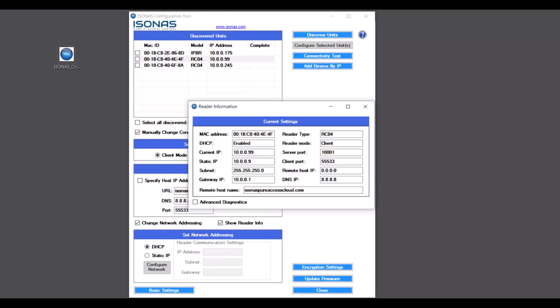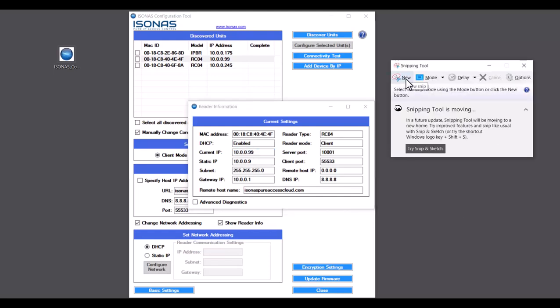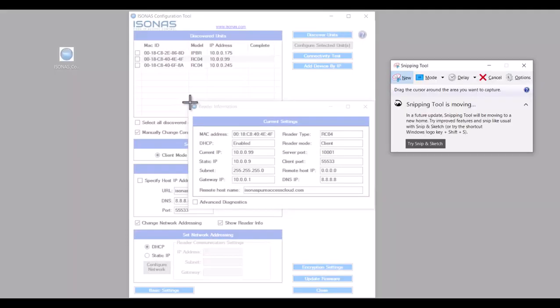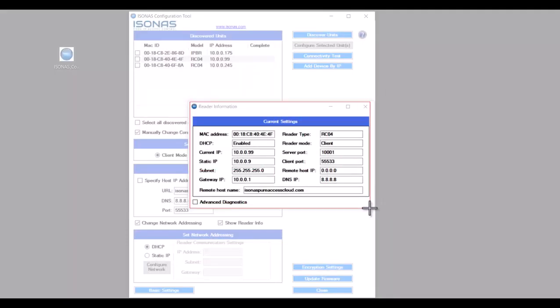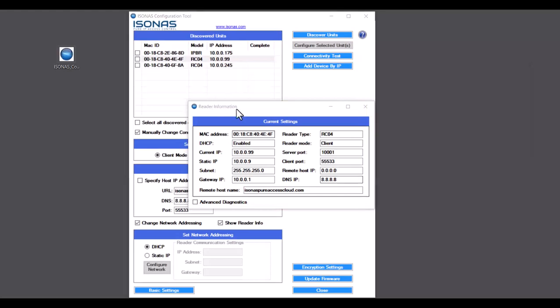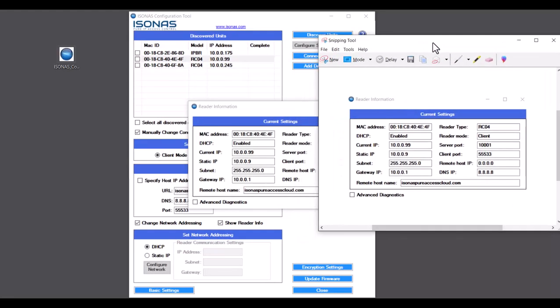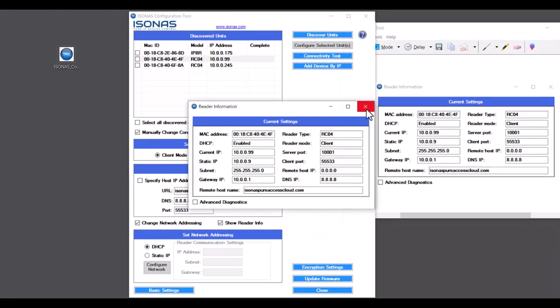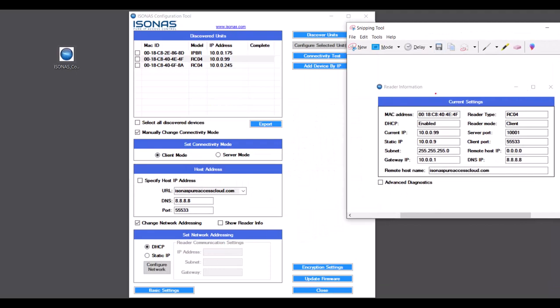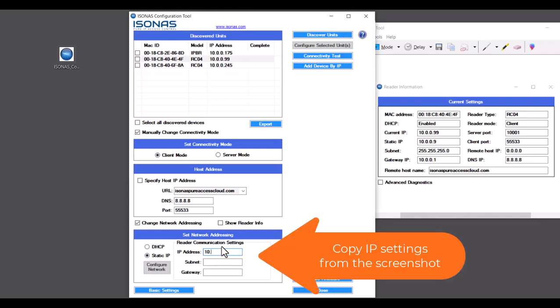To make sure that none of these settings are lost in translation, you'll take a screenshot or you'll use the Windows snipping tool to screenshot what shows here in the reader information screen. We will go ahead and move this off to the side. And now we'll try pushing the device to static using the same IP address. So we'll choose static IP now, and we'll put in the listed current IP, which is